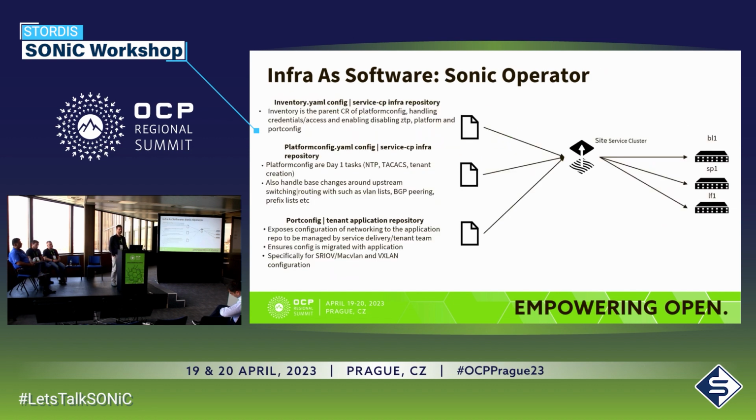With regards to the custom resources for SONiC, we have three main types: an inventory config, a platform config, and a port config. So an inventory config just deals with, much in the same way as any asset management system, a listing of a given device. Platform config will handle the day one activities that we couldn't handle in ZTP. And the port config, or switch port config, is a custom resource that we created for handling that SRIOV use case,